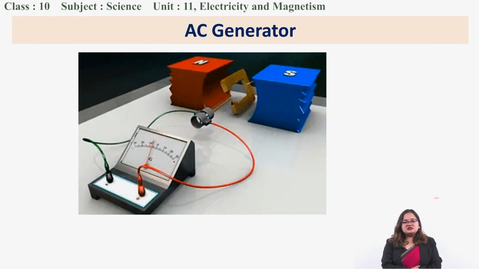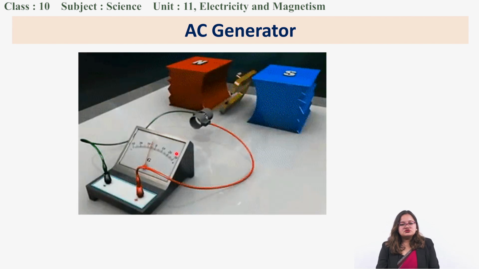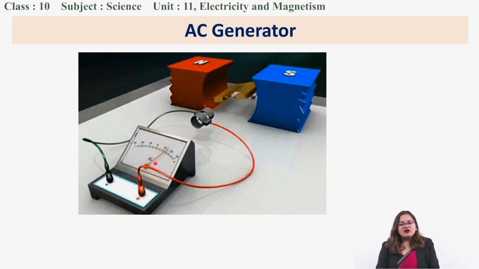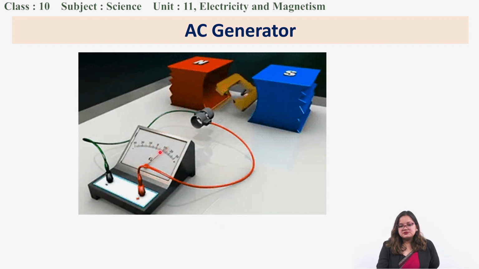Okay, now let's look at a small video where you can see this galvanometer is being connected to this circuit, right? This armature is being connected with this circuit. You can see the galvanometer on the first cycle goes towards the right direction. If you look at the other half cycle, it goes in the opposite direction, meaning the direction of the current is being reversed. So, if the direction of the current is being reversed,